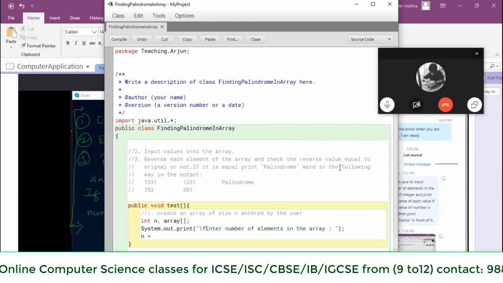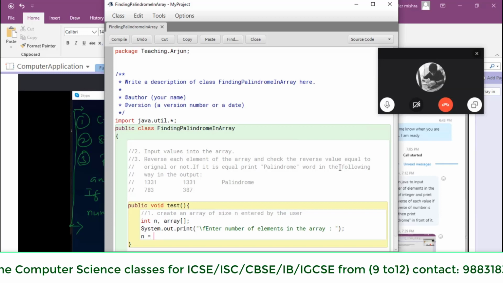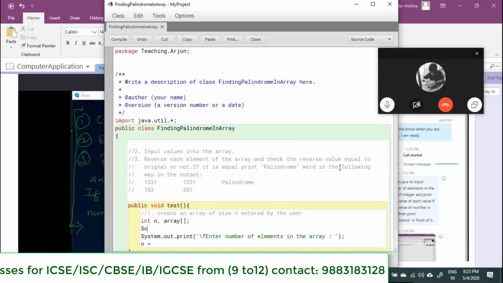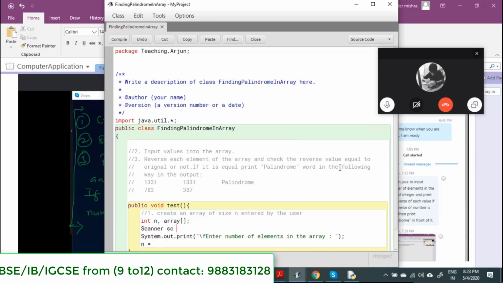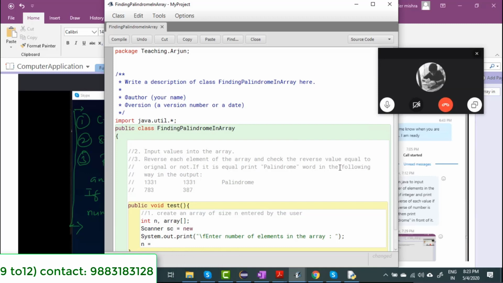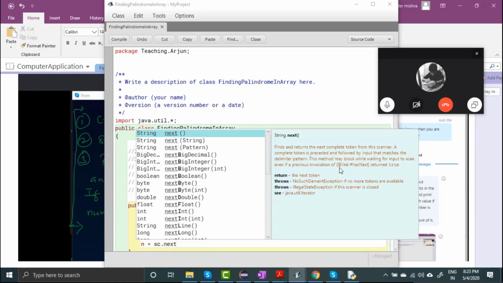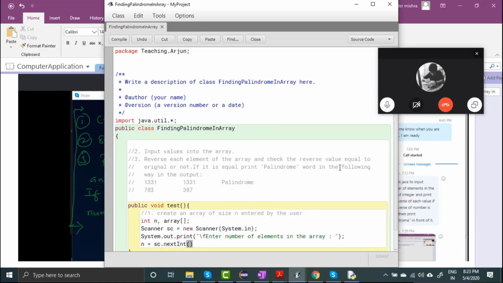So n equal to, you need to write the scanner class here. So let me write the scanner class here. Equal to new Scanner(System.in). The scanner class. Now what you do, you write here sc dot nextInt. You have taken the input in n.